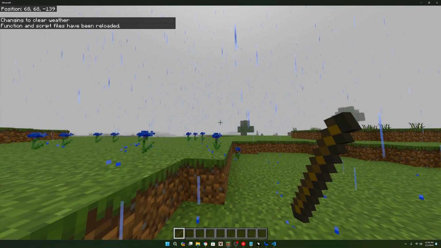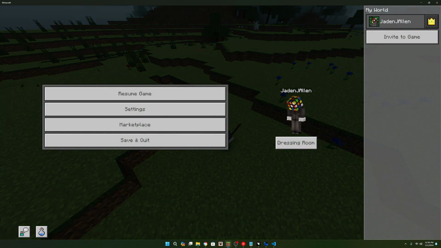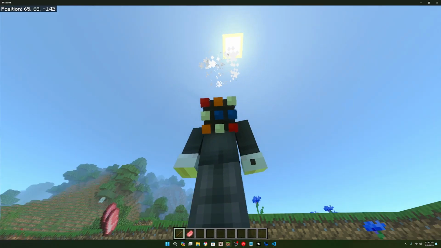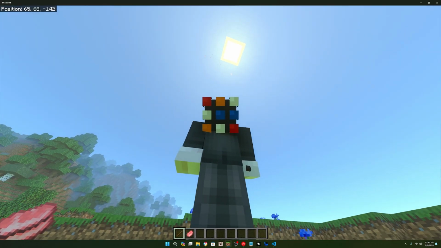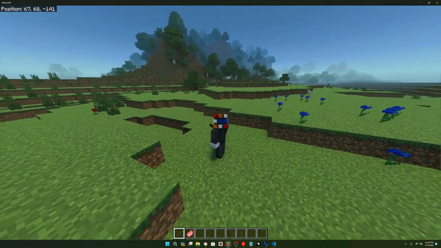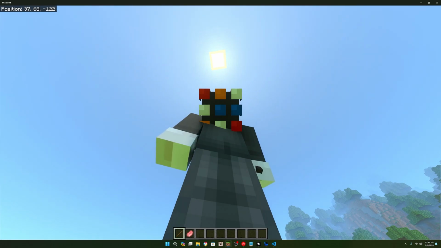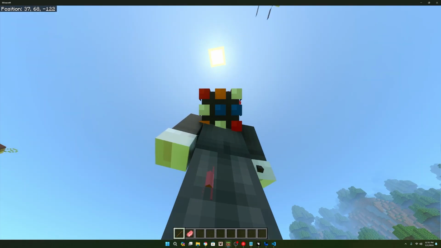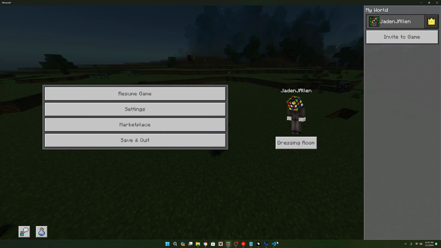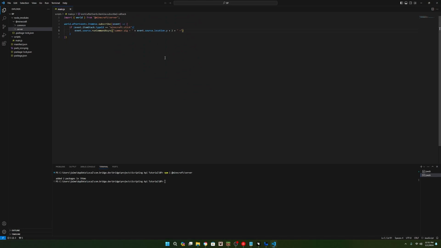Now if we reload and right click, it's doing nothing. Well, why is it doing nothing? Oh, well, I guess it's not doing nothing. It's just spawning way too high. So if I were to go way over here and right click, we should see a pig fall from the sky. Yep, there we go. So I don't actually know why that pig is falling from such a high height,